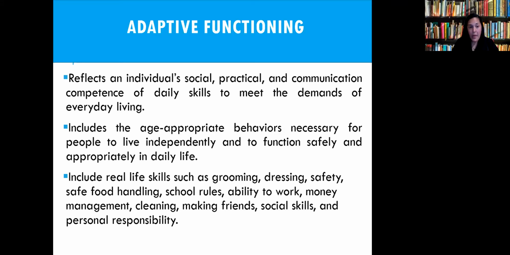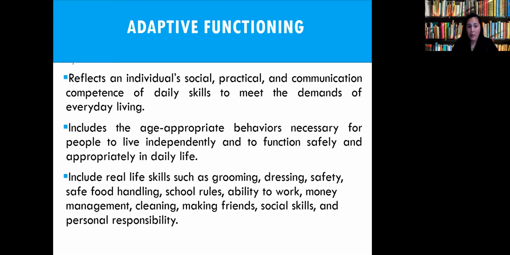Adaptive functioning is an area that's often overlooked by most people because it's confusing to most people. But I will say that it's very relevant, mainly because it talks about independence. It talks about skills that you can do without support, without prompting, without cueing. Where do you fall compared to, again, individuals that were used to norm the products? There's generally about 2 that I usually use that are different rating scales, where we're collecting information from individuals in your life and asking them based on their interactions with you, how well you do these particular things.